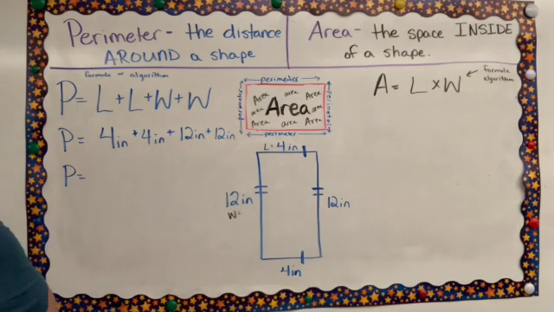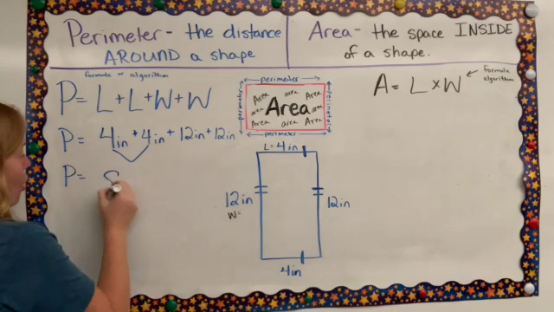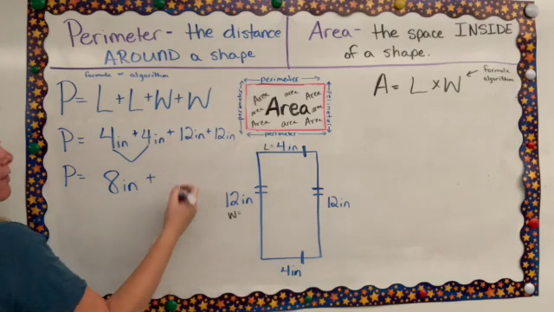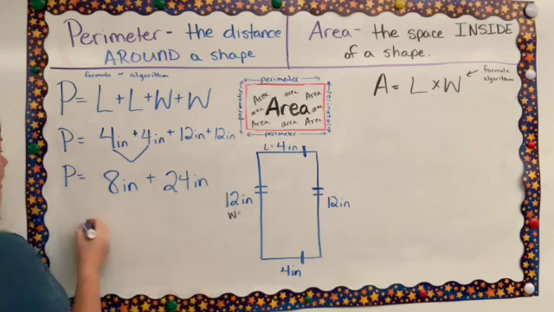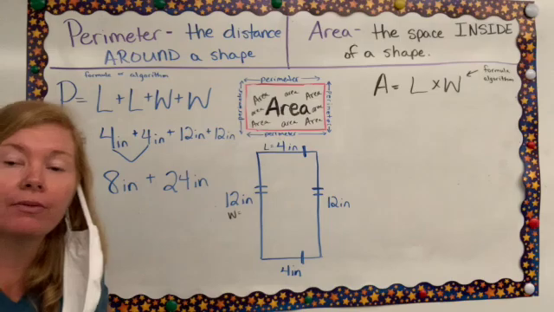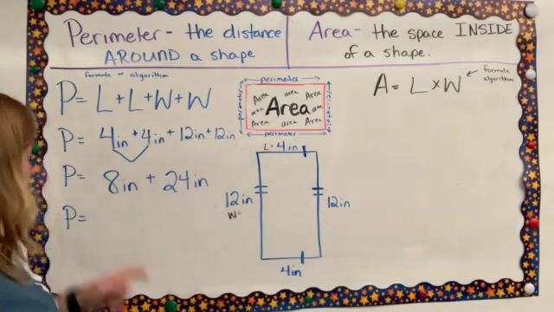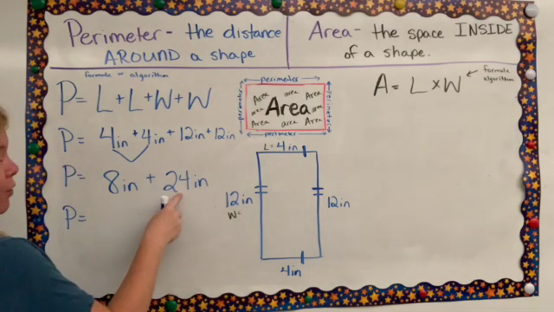Perimeter equals, combine like numbers. 4 plus 4 is all day long, 8 inches. 12 plus 12 is 24 inches all day long. Perimeter equals, last step. What do we have to do? You got it. Yeah, combine them. Put it together. 8. 8 plus 24 is